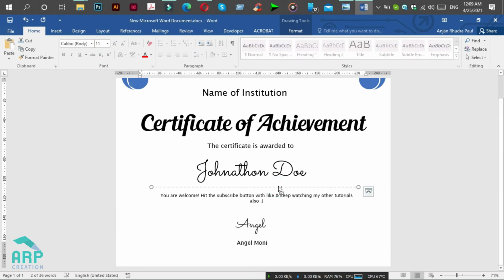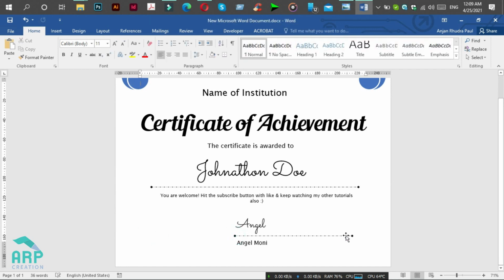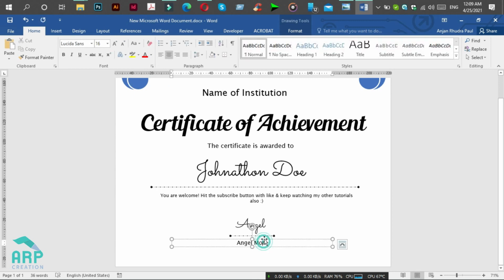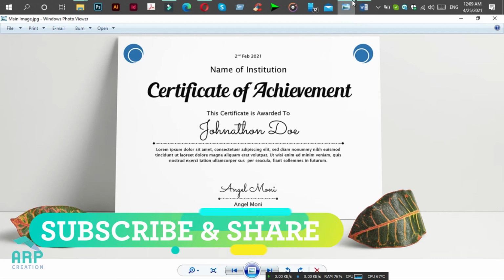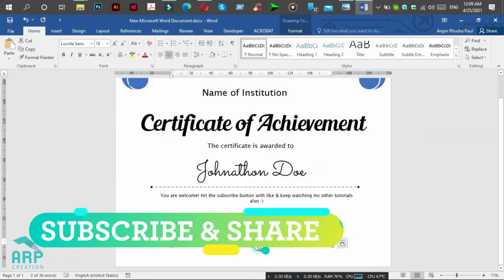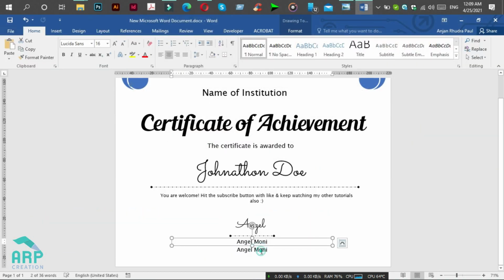And we will duplicate these lines again and reduce the size. Also duplicate this and change the font size to 10.